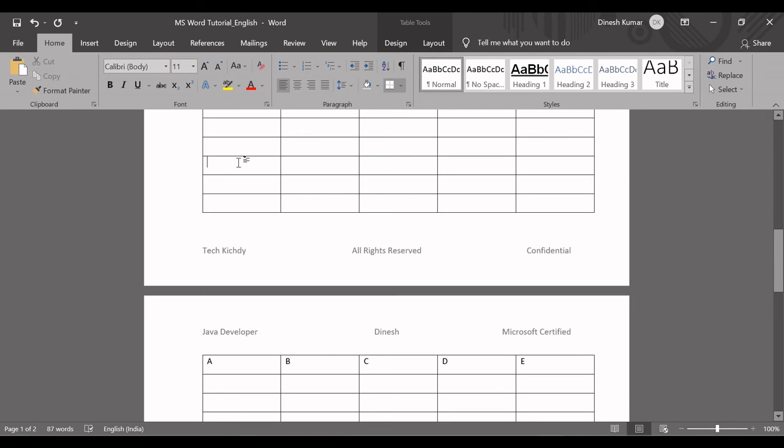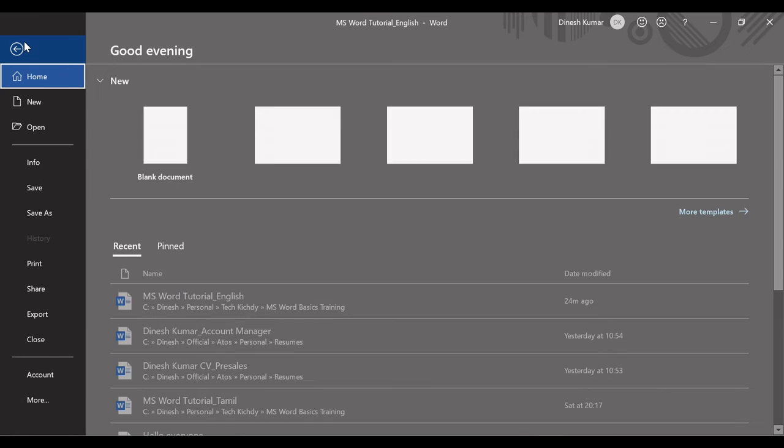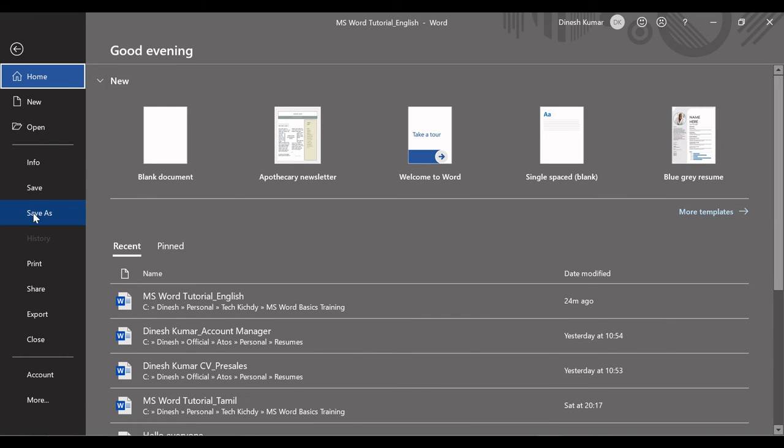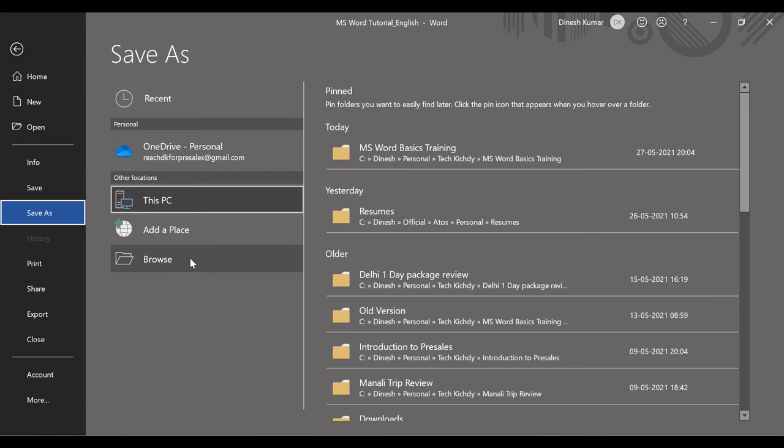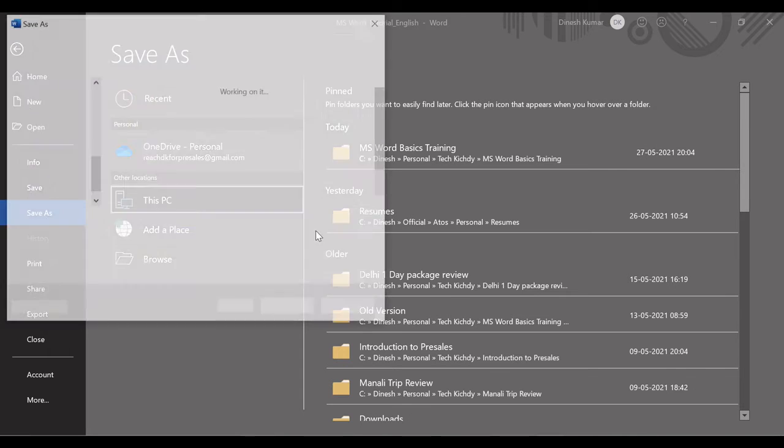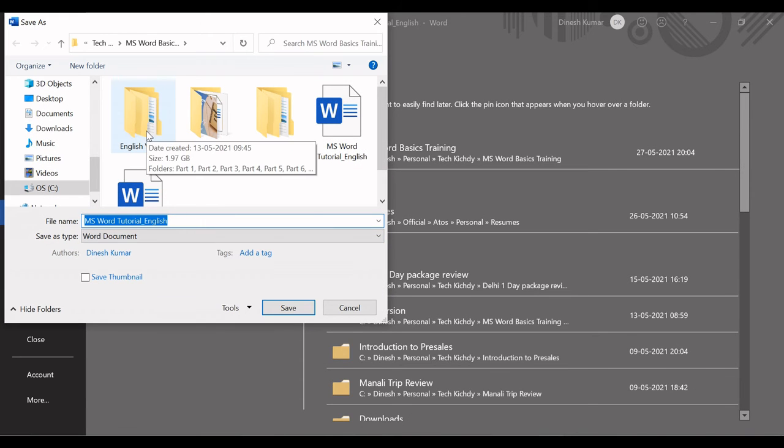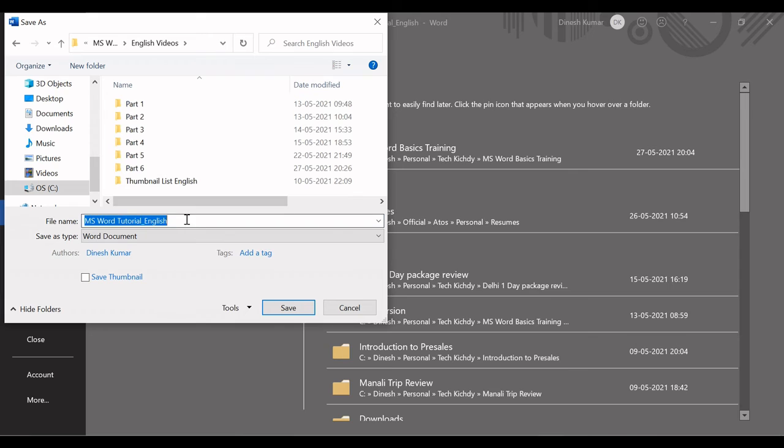To save an open document, the working document, you can always click here. There is one option which is to get saved, or you can use the shortcut Control S. So that is another option. This way you can save it and you can choose the location. And the other option is save as. Again, if you want to save it in another name or another location, you can go to save as, browse. So let me just go to English videos, and let me just save it as version